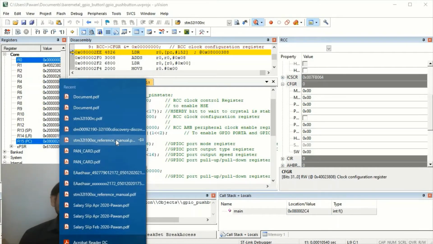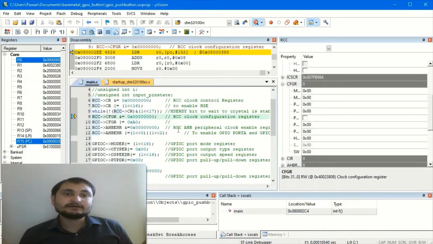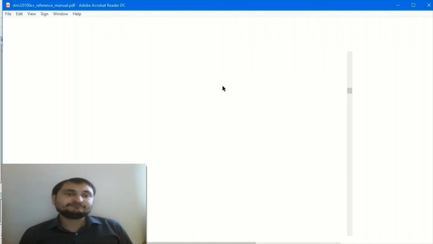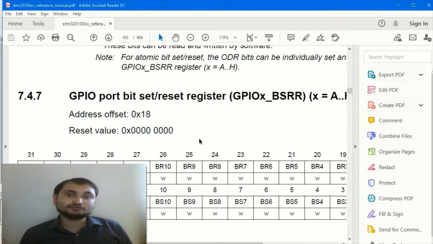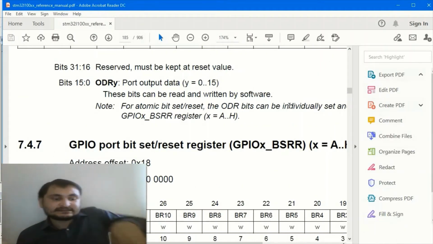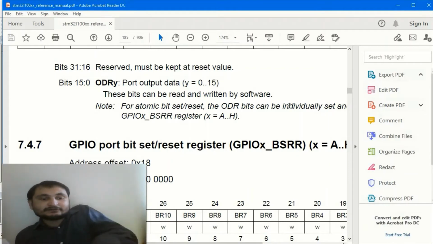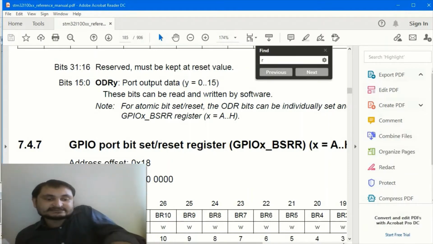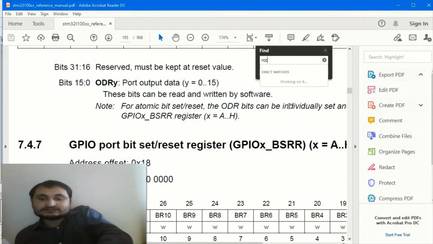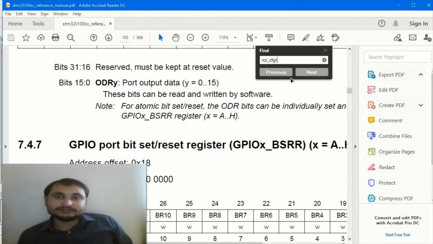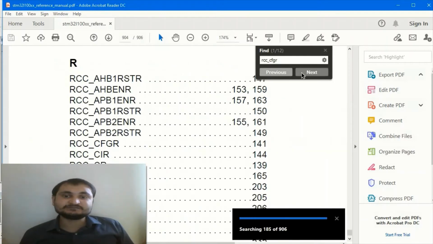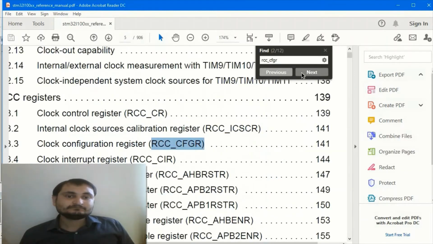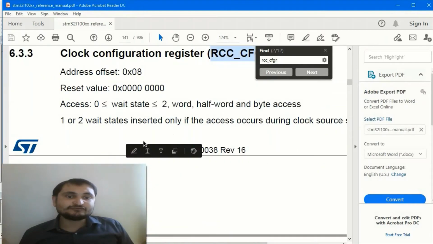If I go to the reference manual, and if we go to our RCC, let's press Ctrl+F and search RCC underscore CFGR. So this is the clock configuration register.